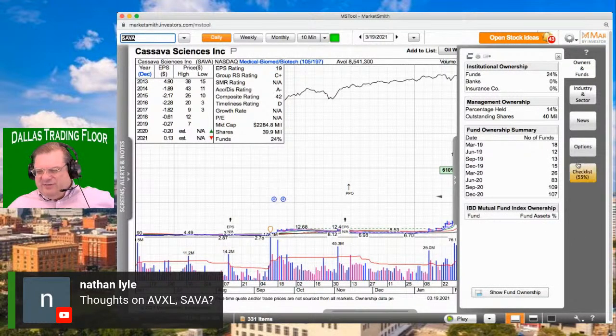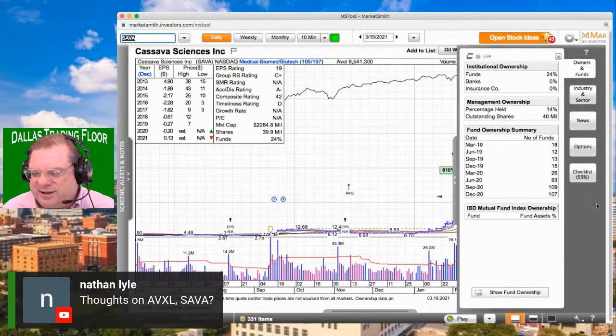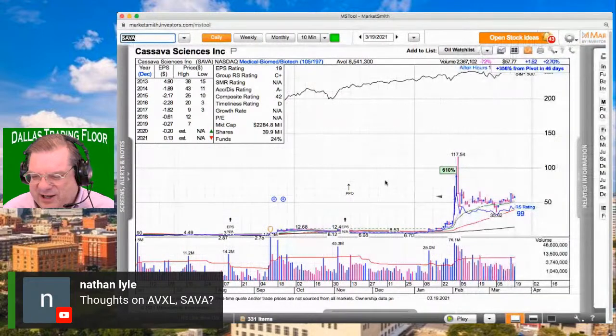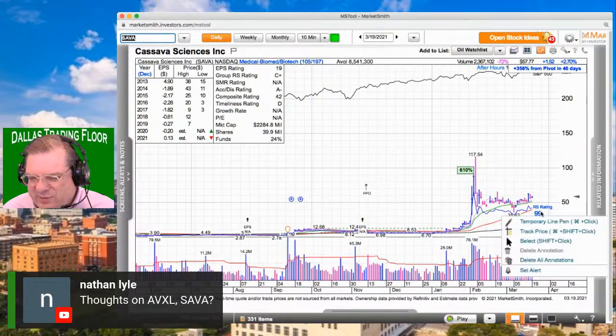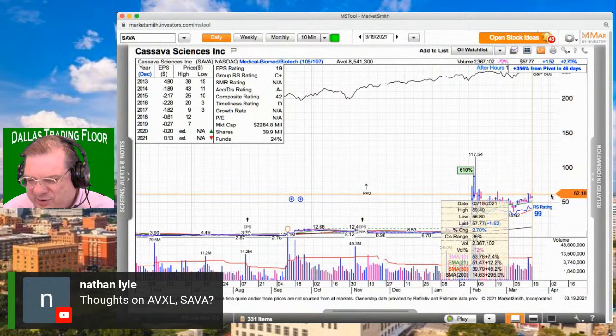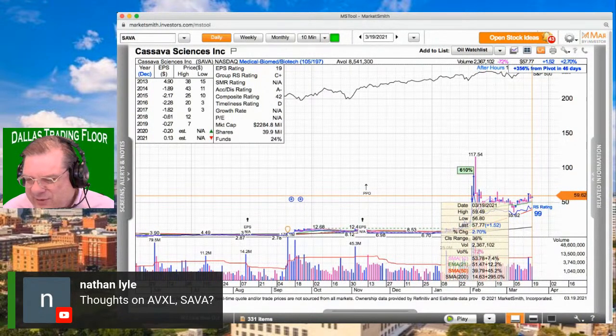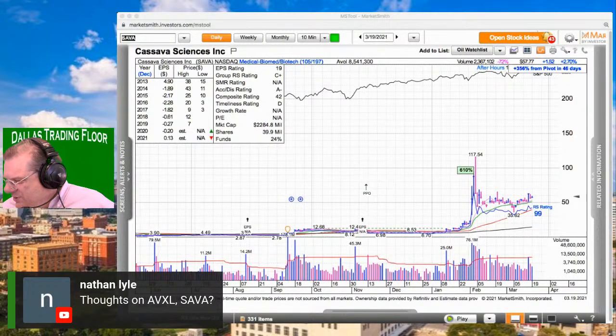But it's got 107 funds in it. So boy, this is looking pretty good. The sector is 105. It's not necessarily that good because of biotech, but this is sort of a different thing in and of itself. Here's what I would possibly do with this one. I do think this is viable, by the way. If I were interested in buying this one, I think what I would do...